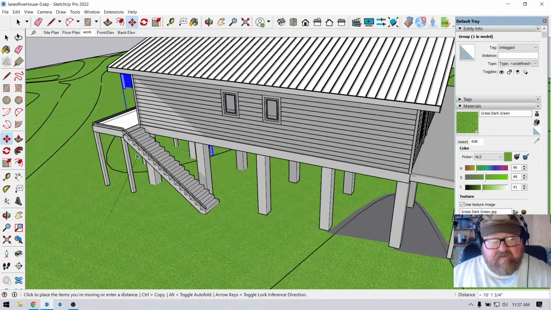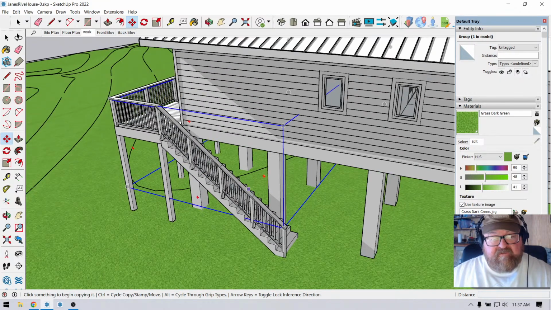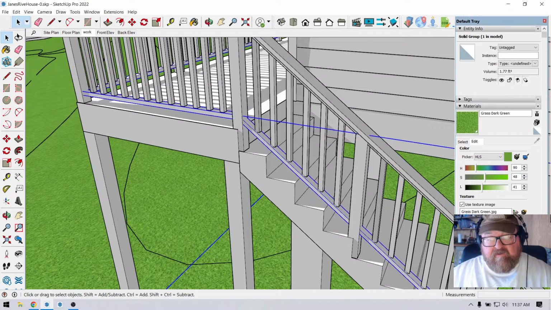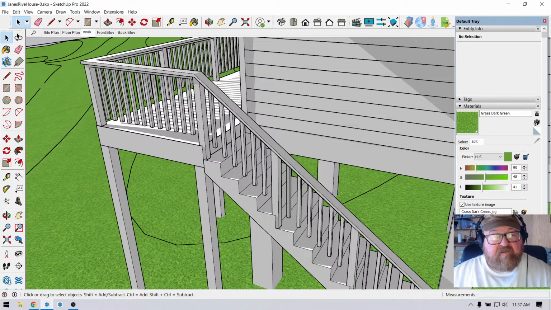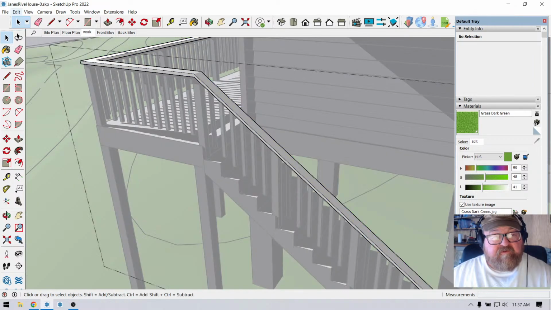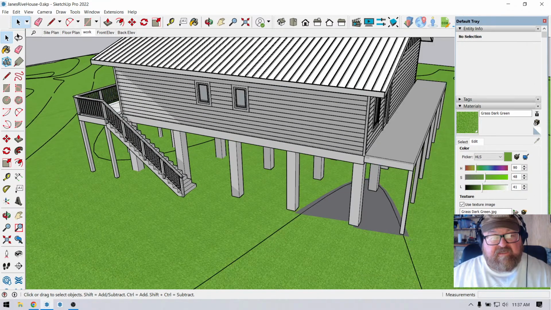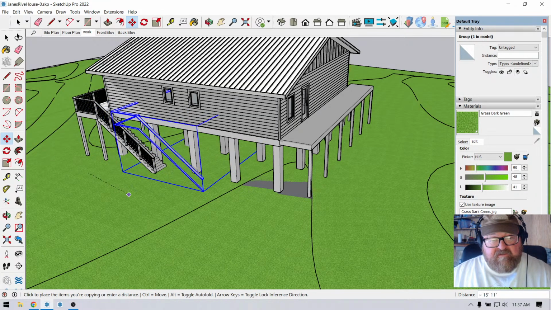What did I forget this time? Dang it. The bottom rail. Thought I grabbed it. So what we're going to do is we're going to grab it and we're going to cut, and then we're going to go into this group and we're going to paste it in place. And voila. Now we should have it all. I'm going to send in a special request that Chuck put